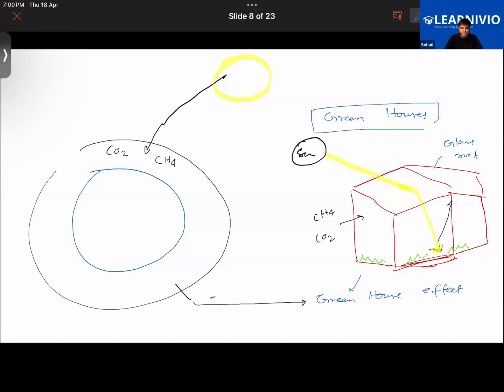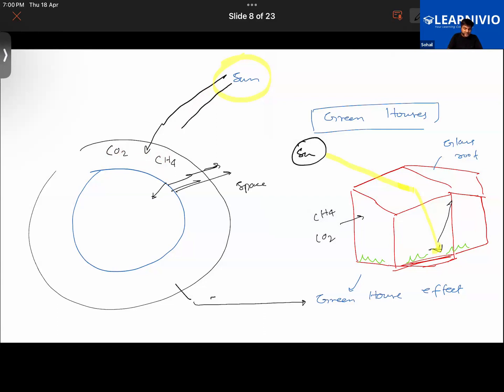I understood. Okay. See, Sundus, basically what is happening? You have some gases in the atmosphere, like carbon dioxide. You have methane. You can count nitrous oxides also, but just for now, consider these two gases. The sun's rays start entering our atmosphere. We know that some of it will be absorbed by the surface, some of it will be reflected back into space. But what happens due to the increasing pollution on Earth? Gases like carbon dioxide and methane, their concentration is increasing, and they are good absorbers of heat.